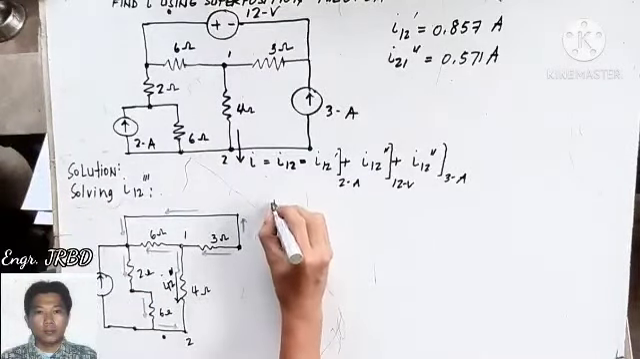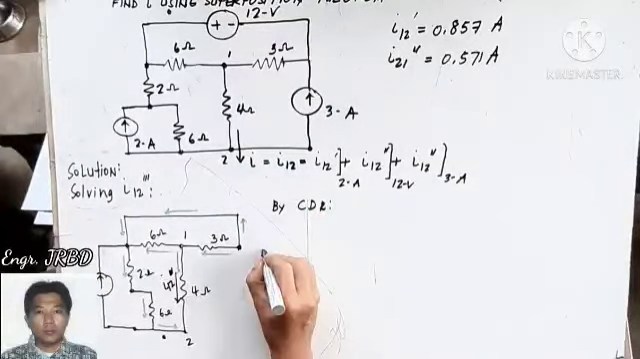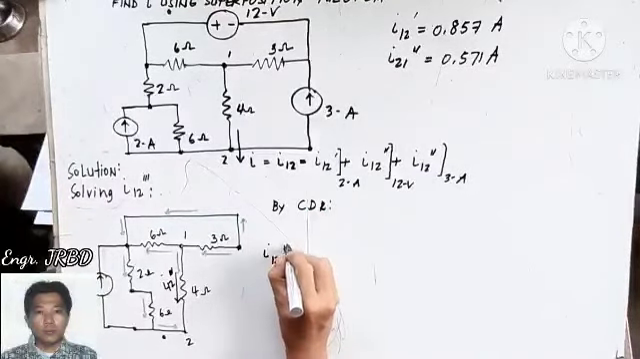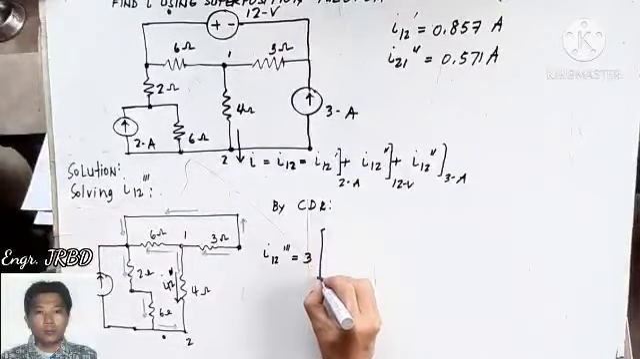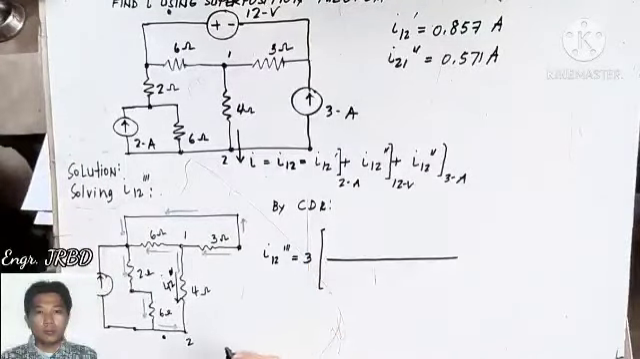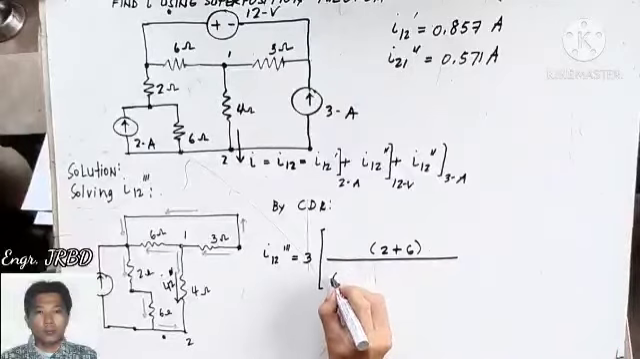So by current divider rule, your I-12 triple prime will be 3 amperes times the series combination of 2 and 6, 2 plus 6,